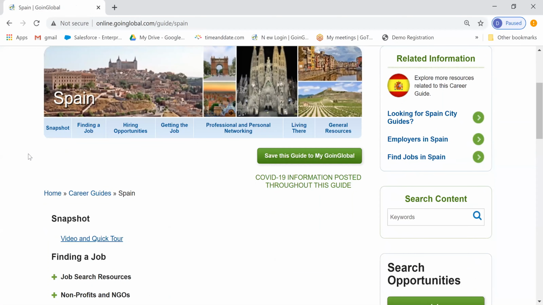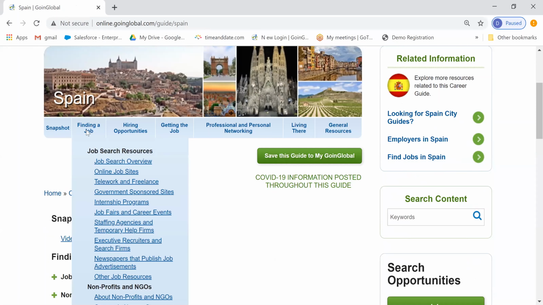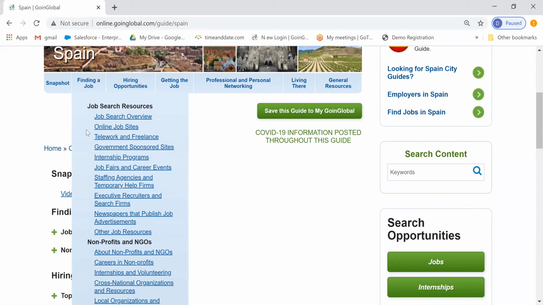All right, Deborah has selected Spain, and so what we're doing is take a look across that top banner under the graphics. So there's a snapshot page, which we won't take a look at, but Deborah, these are our major categories. Deborah, if you take a look at finding a job, this is how in-depth the information is. So job search resources. It has an overview. We talk about online job sites. We haven't just gone online and picked all the online job sites in Spain. This is what a local expert who we have privately vetted has identified as the more reputable,